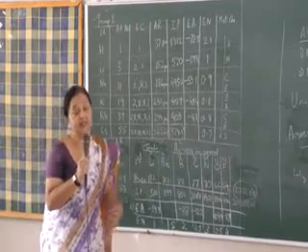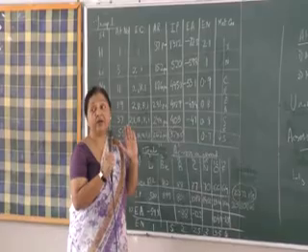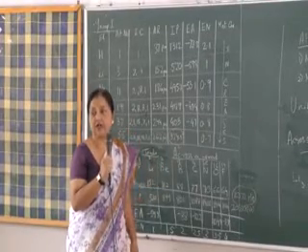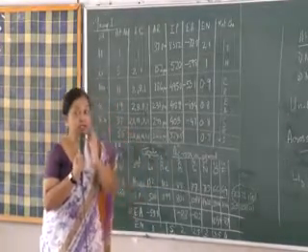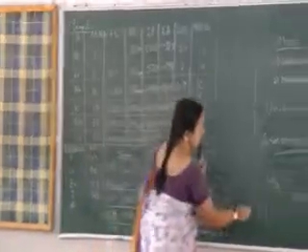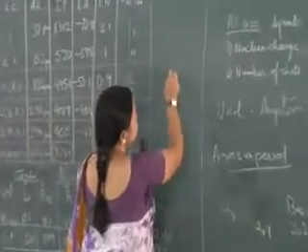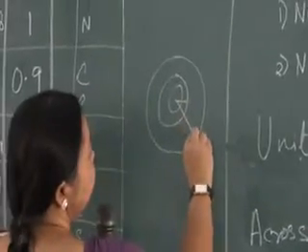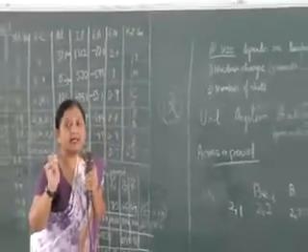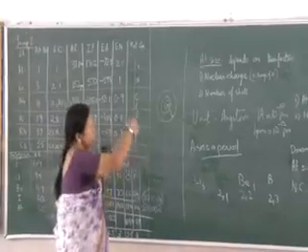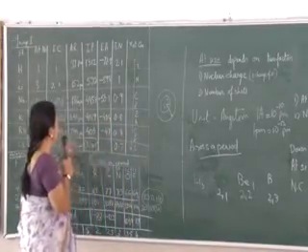So as the distance of the valence electron moves away, that means the atomic radii increases. Atomic radii is increasing because of addition of shells, isn't it? Suppose you have just 1 shell over here, then atomic radii is this much. If you have 2 shells, then the atomic radii is this much. So in this way we see there's a gradual increase in the number of shells, and naturally the size of the atom also keeps on increasing as you're moving down a group.